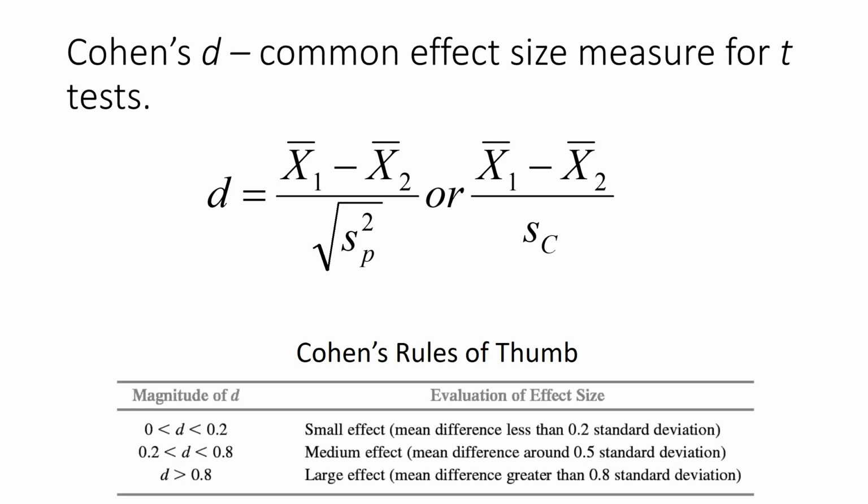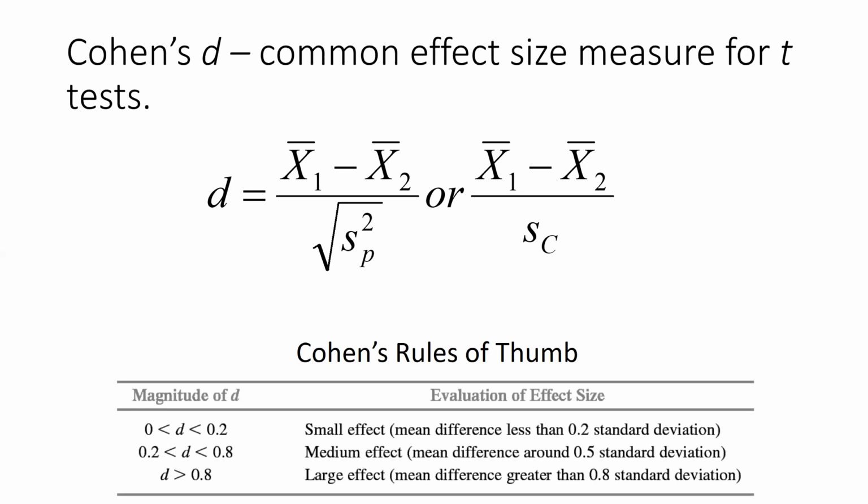after Cohen, Jacob Cohen, who is responsible for quite a bit of statistics in applied social sciences. So you'll probably run into his name again in the research methods class. And he came up with this measure of what they call effect size. So what it is, it's a standardized measure of the difference between two sample means. And he set these things called Cohen's rules of thumb, where